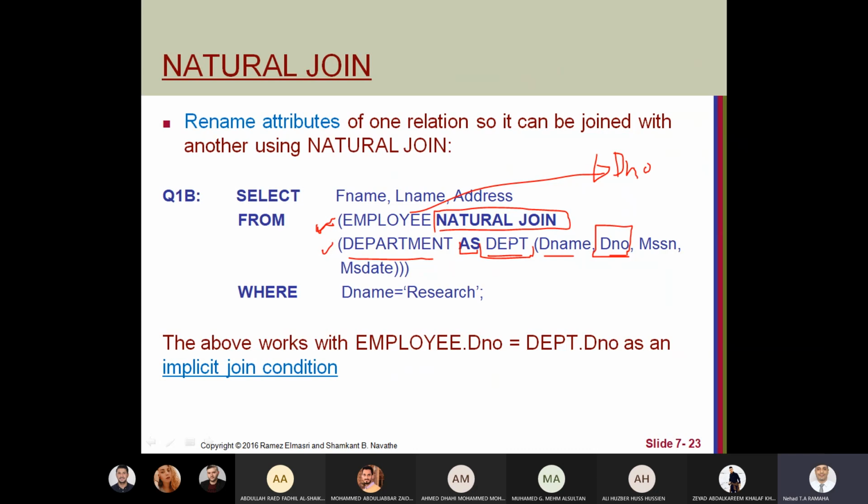So we renamed this table and its attributes to get D number, same as employee D number. So the implicit condition here is that employee D number equal dept D number. This is the implicit condition for the natural join.